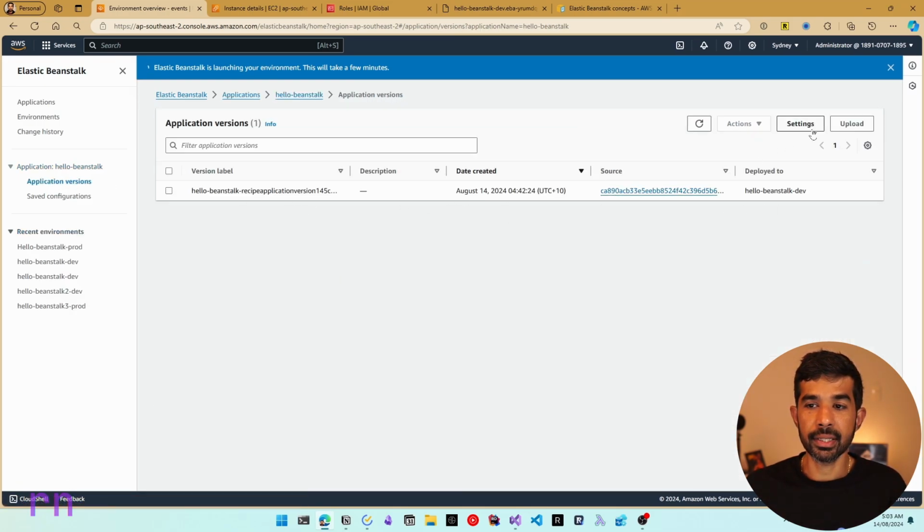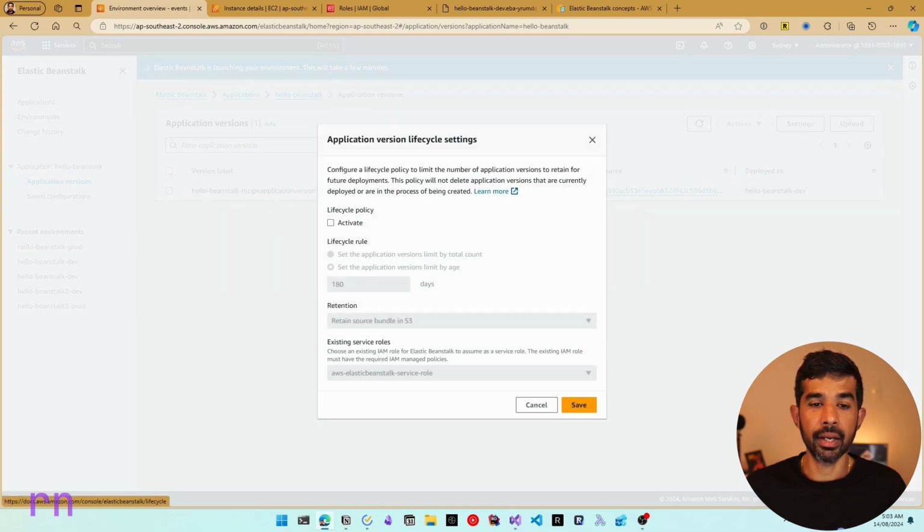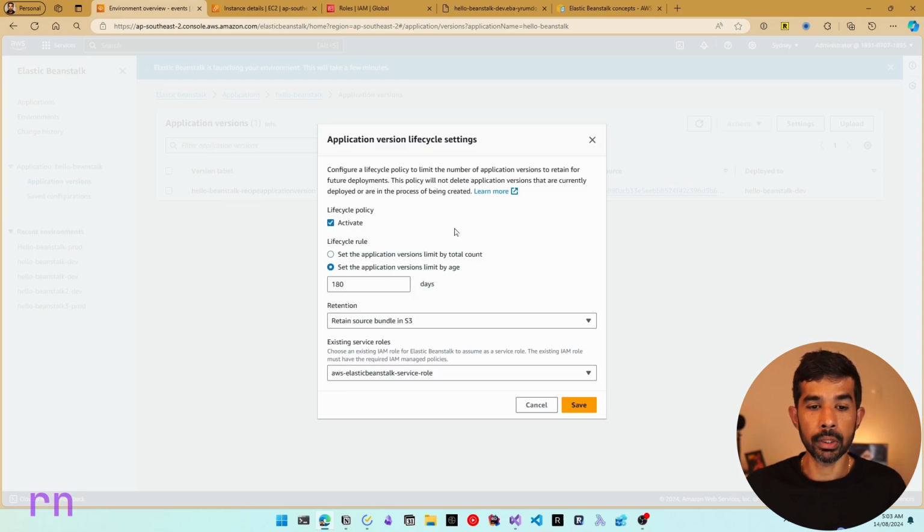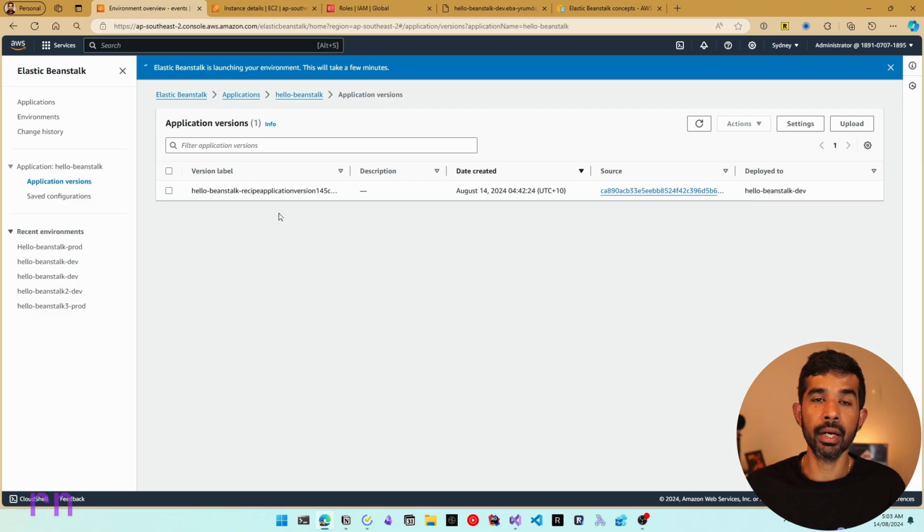Now in this case, let's navigate to the settings and you can see there is no versioning activated, which means only the latest version will exist. You can activate a lifecycle policy and specify the details in here. You can limit the application by total count, which means only 200 versions will exist. So anytime you have a 201st version, the least used one will be removed. When you cross this threshold, it will start overwriting some of the previous ones. If you want, let's turn this on so that we can see different versions getting created as we make